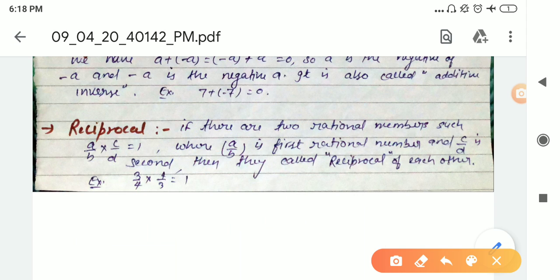If there are two rational numbers such that a by b multiplied by c by d is equal to 1, where a by b is the first rational number and c by d is the second rational number, then they are called reciprocals of each other. As you can see in the example, 3 by 4 multiplied by 4 by 3 is equal to 1. So let me ask one thing, what is the reciprocal of 3 by 4? You will